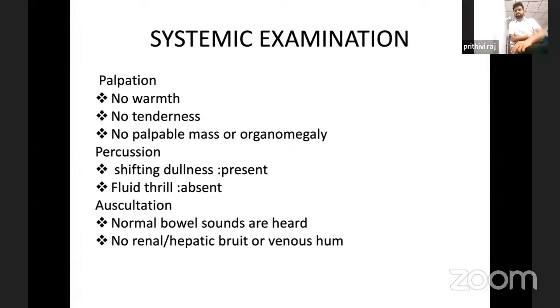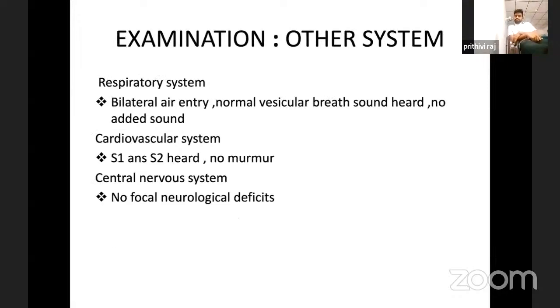Examination of other systems. Respiratory system: bilateral air entry, normal vesicular breath sounds are heard, no added sound. Cardiovascular system: S1, S2 sounds are heard, no murmur. Central nervous system: no focal neurological deficit is present. So here in the central nervous system, in case this same child is presenting with seizures, what are the reasons